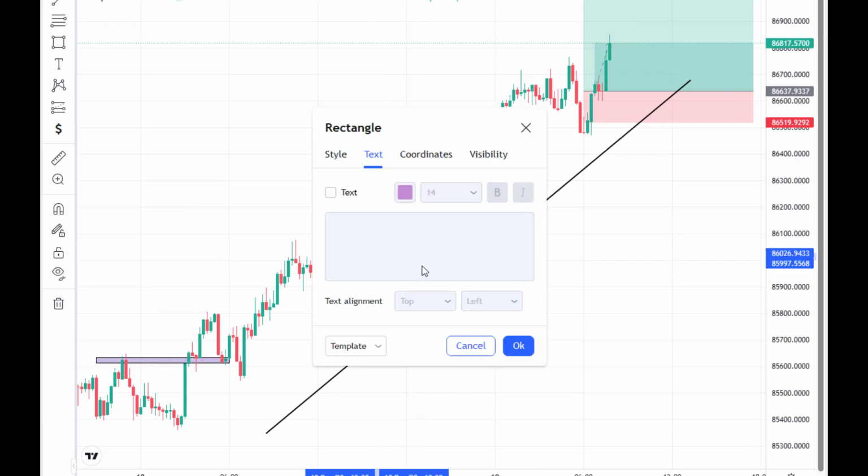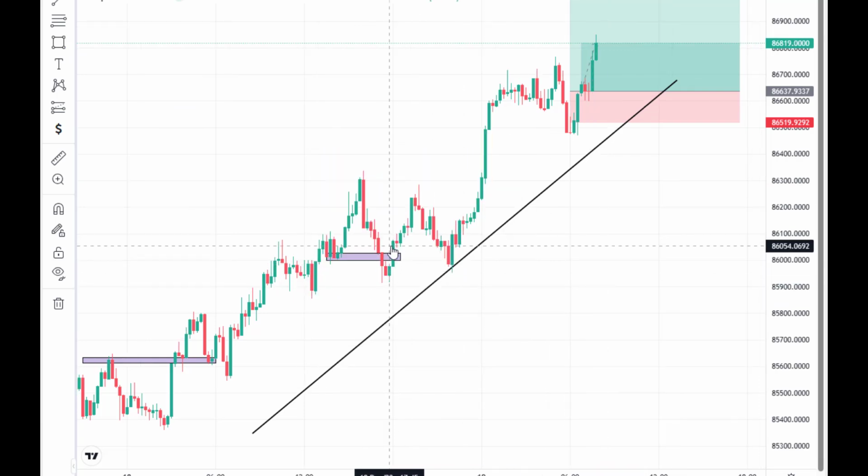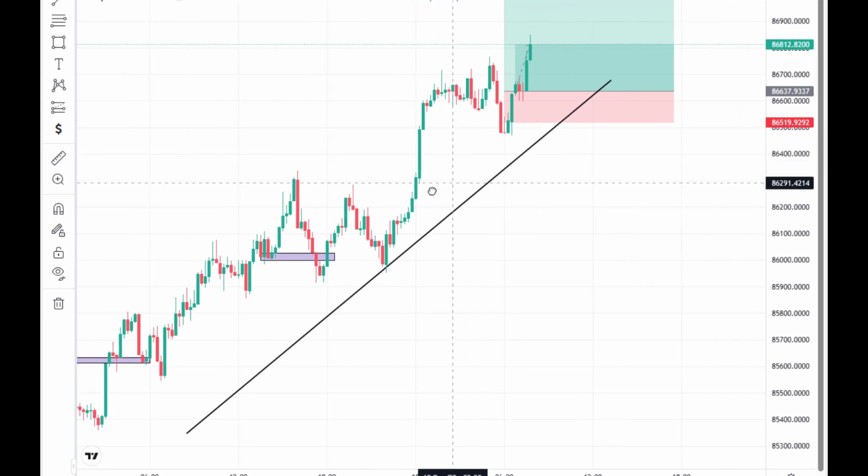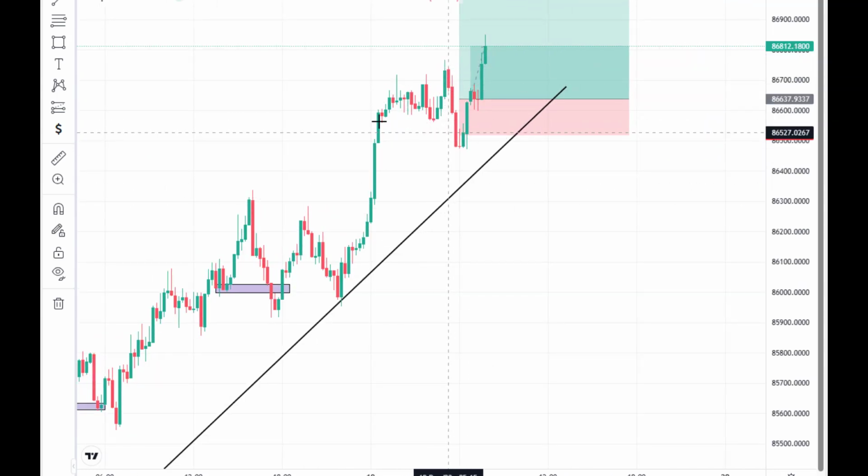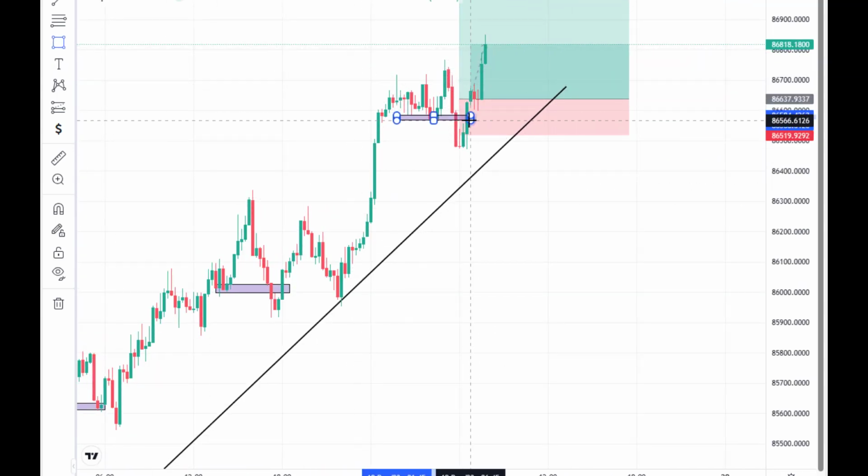I wait for price to clear liquidity here, and then I'll be entering at the strong bullish candle that will be formed, and I will be taking this high. I actually took this trade last night, right? And then when price moves up, I can wait for price to pull back, identify this liquidity zone,